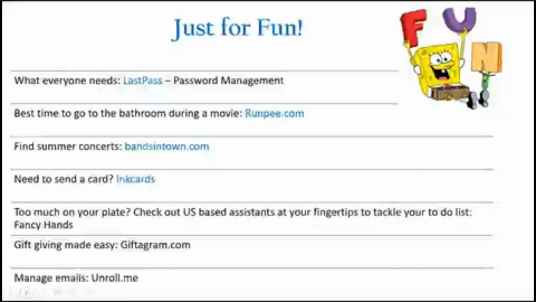A really great product that I like is called Ink Cards, where you can create and send a card right from an app. So if somebody that you think, oh, I forgot their birthday's coming up, or I want to send them a quick thank you, it's a great app to use. The other great app is called Fancy Hands that helps you tackle your to-do list. They're US-based assistants at your fingertips, as well as